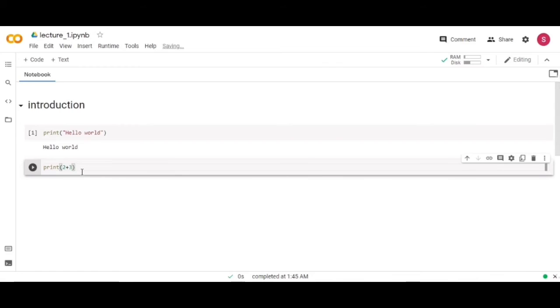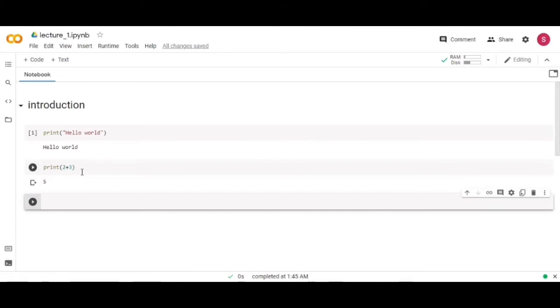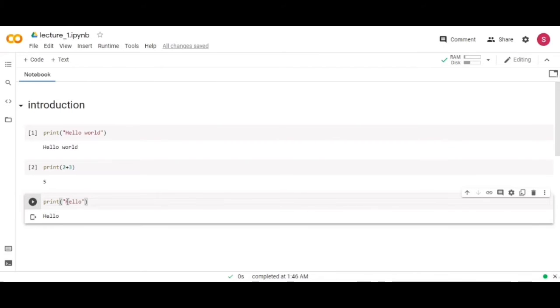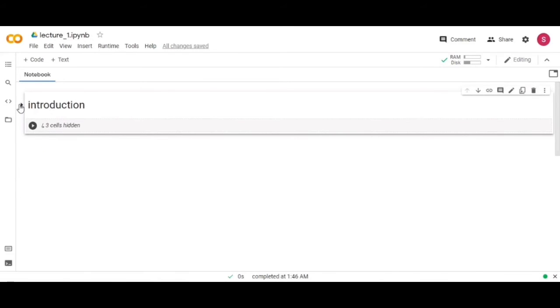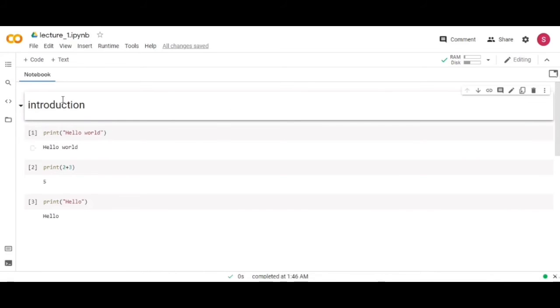If you press shift plus enter, this will run the code and also assign a new cell. If you just click control plus enter, it will just run the current cell. And you can hide this section too by clicking on this arrow. This is a cool feature.